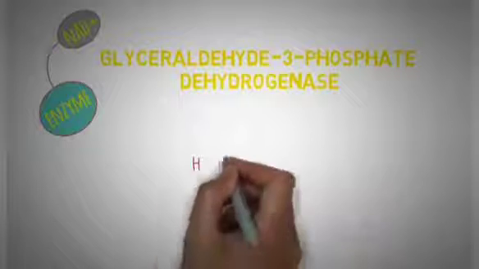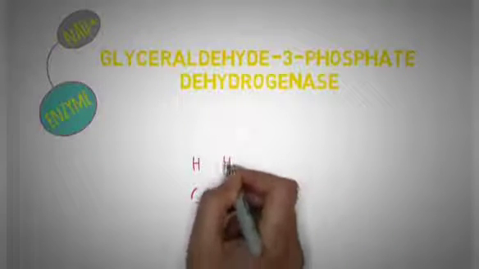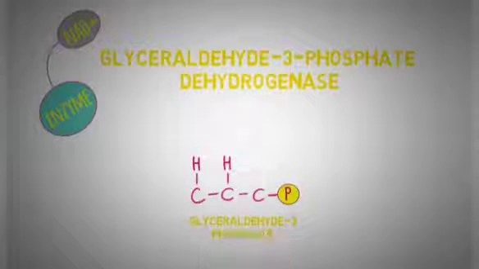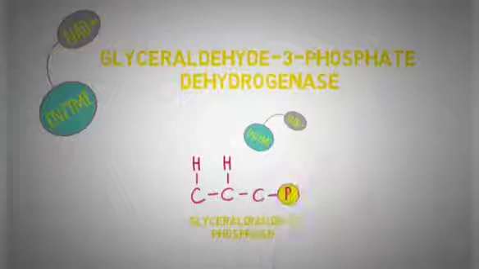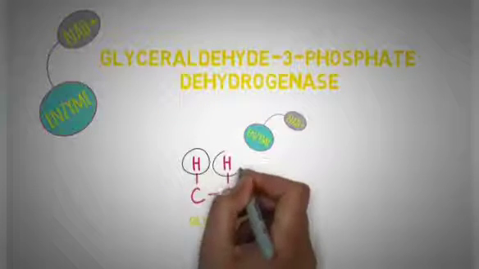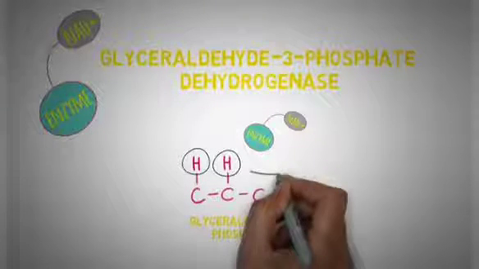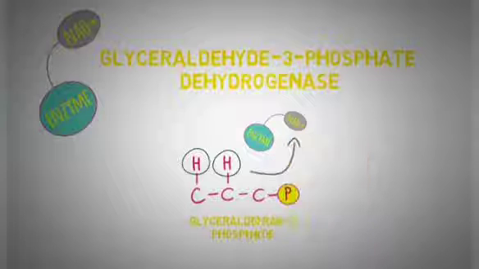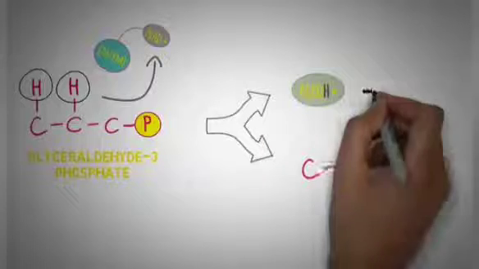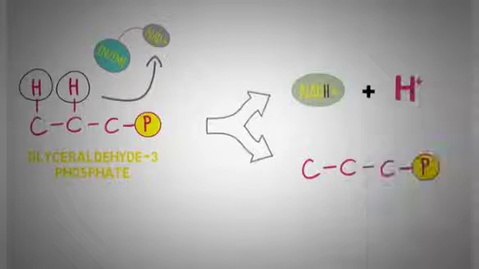In this reaction, the enzyme glyceraldehyde 3-phosphate dehydrogenase acts on glyceraldehyde 3-phosphate and removes the hydrogen atoms from the carbon number 1 and 2, which are then transferred to NAD to make the NADH. Since water is also